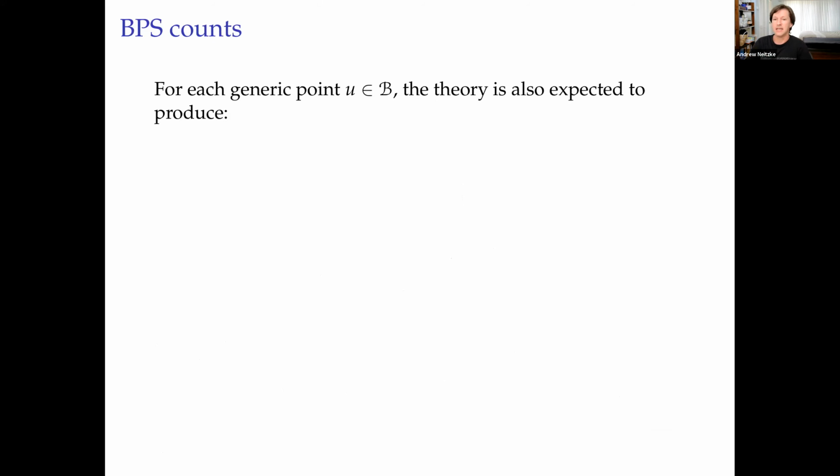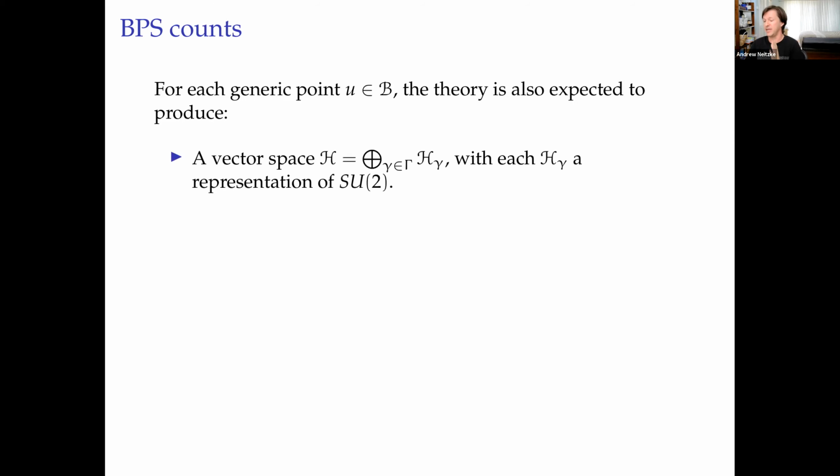Now, so far I told you what I would say is the boring part of the data, and now I want to tell you the most interesting part, which is that for every point of this base, the Coulomb branch, the base of this complex integrable system, the quantum field theory is supposed to produce for you one more thing. And the thing that it produces for you is a graded vector space, which you think of as being, for each possible charge, telling you the particles with that charge. Strictly speaking, the so-called BPS particles, supersymmetric particles. Roughly, it's the vector space of states of particles with that charge. It's a representation of SU(2) because it's the double cover of SO(3).